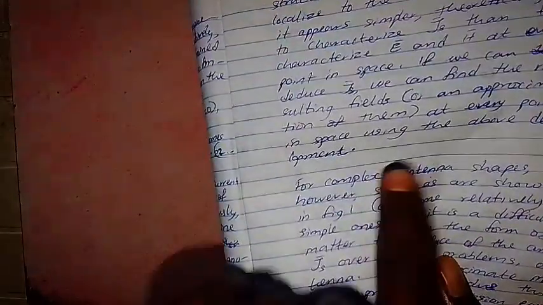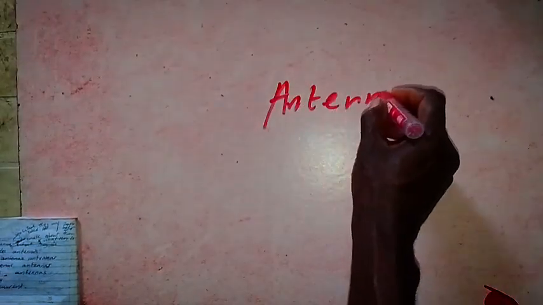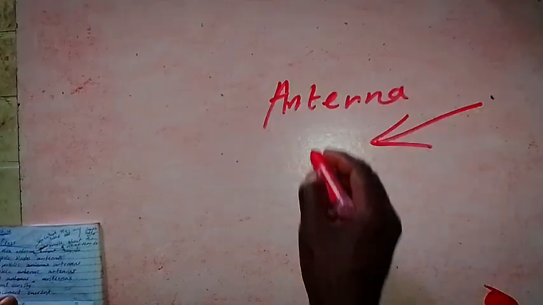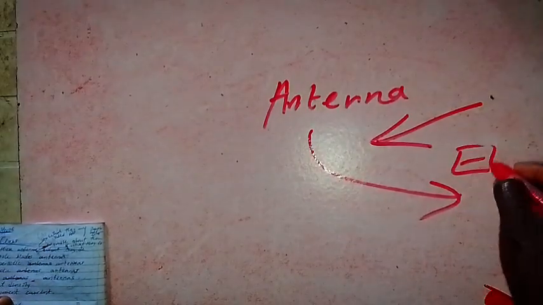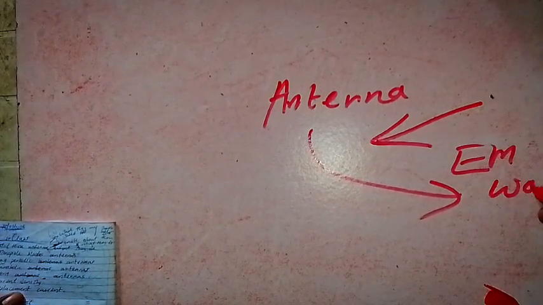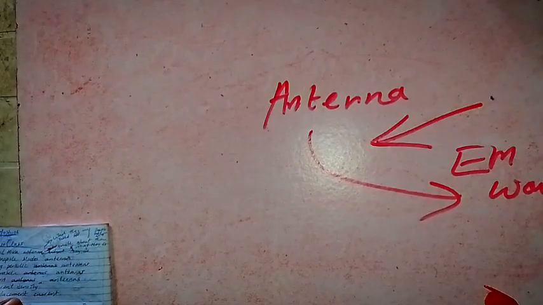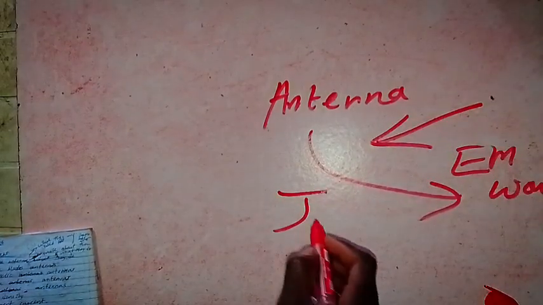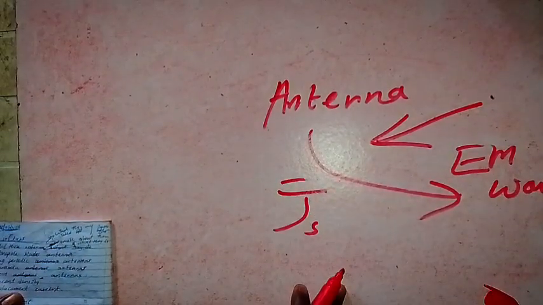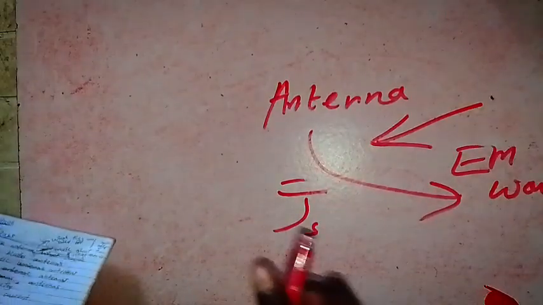A complex what? Antenna. Now, antennas in real life can be complex. But first things first, antenna, okay? Once you hear antenna, what should come to your mind is something that can receive or send electromagnetic waves, EM waves, okay? Of course, we've talked about JS being the source current, okay? So